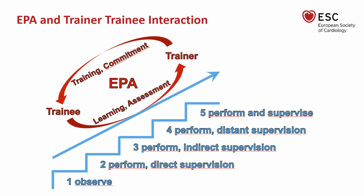And logically, a single EPA, a particular EPA, should be assessed repetitively during training. So that means that we will perform more assessments during training, but this is for a good reason, because it shows where the trainee stands. In a way, this is a formalization or a more intense use of the DOPS system we already have in